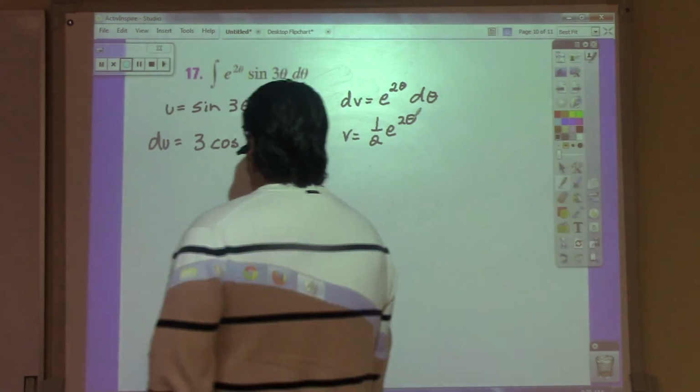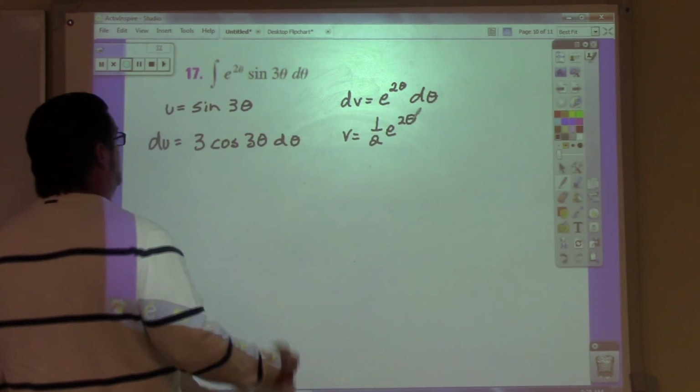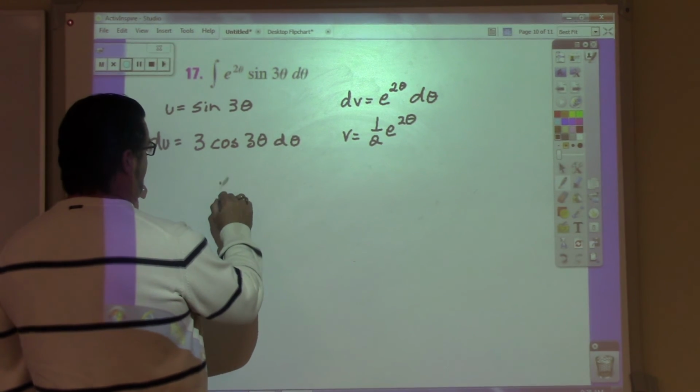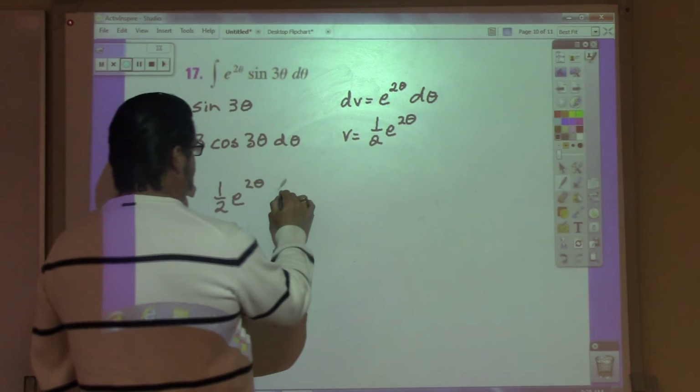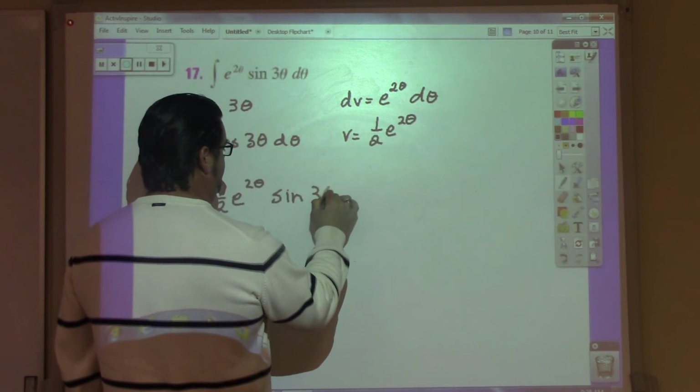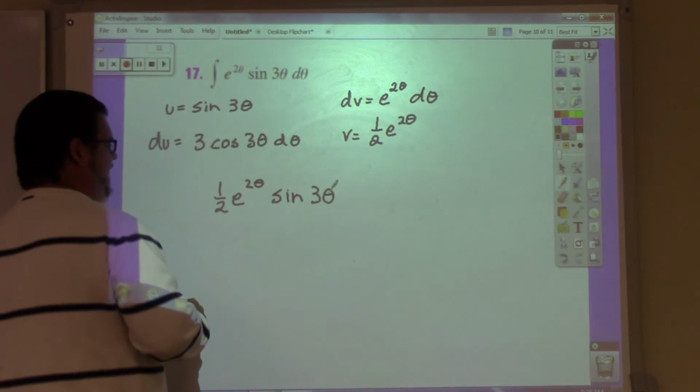So that's going to give you uv, which is 1/2 e to the 2 theta times the sine of 3 theta, minus